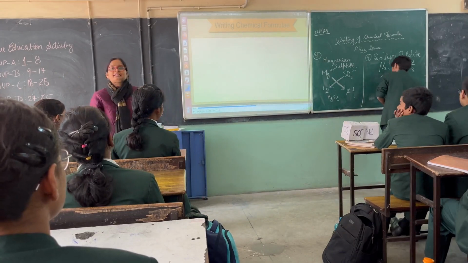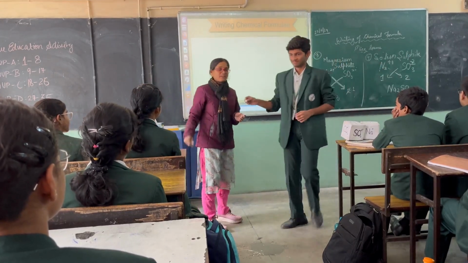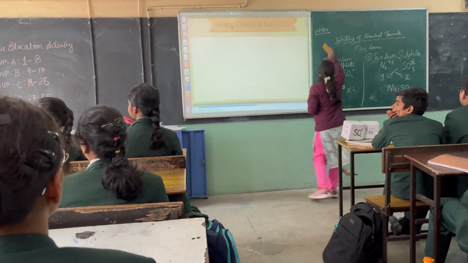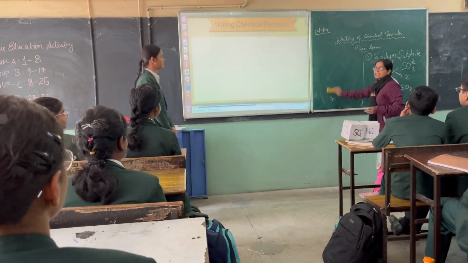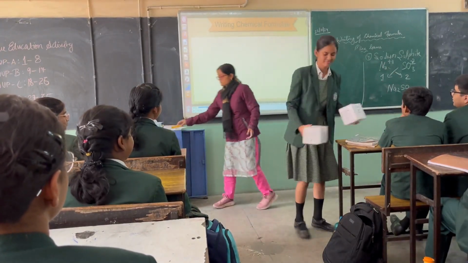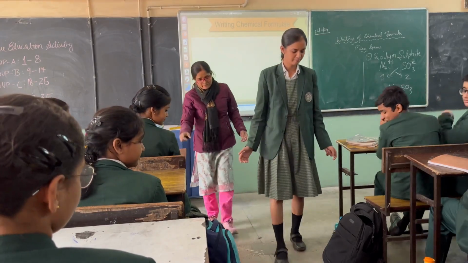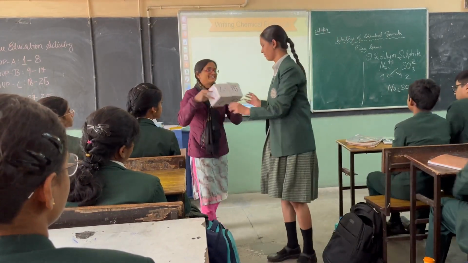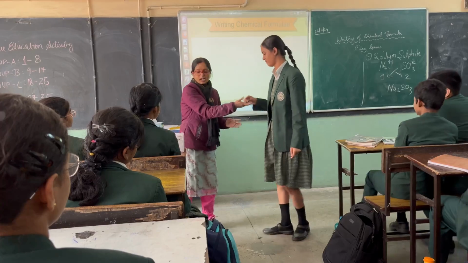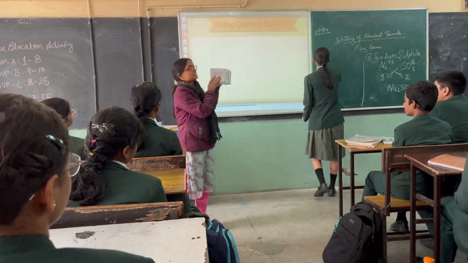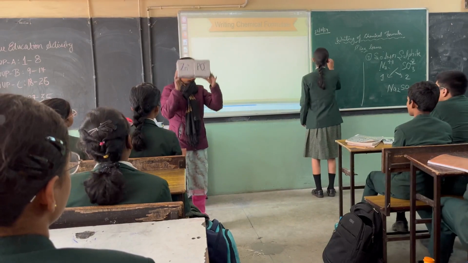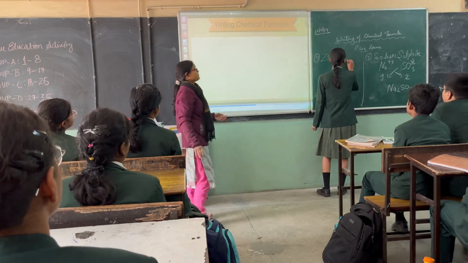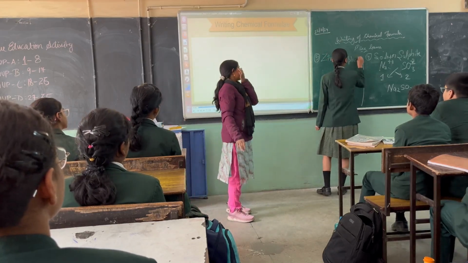Who wants to come next? Yes, come. Very good. Roll the dice. Yes, she got in the cation zinc, and in the anion she got phosphate. Write the name first of all. Zinc phosphate. Formula of zinc ion